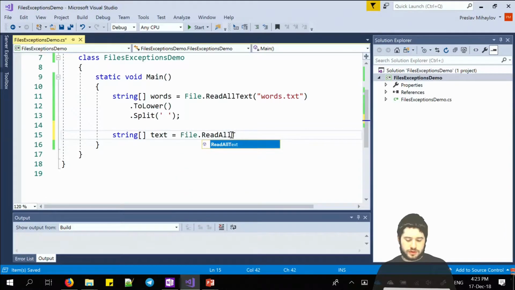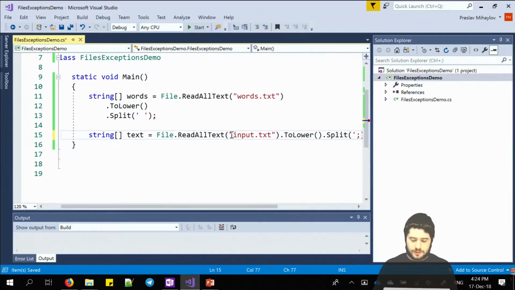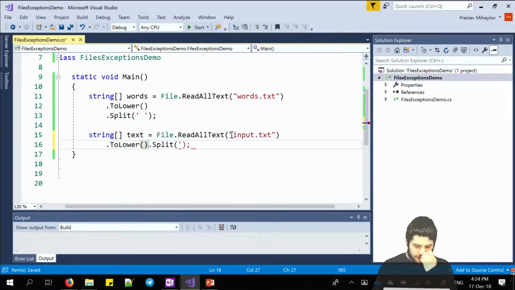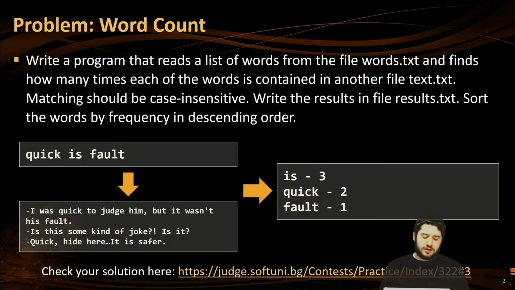File.read all text, but the text will be input.txt. Again, lowering it in order to apply case insensitive search, and then splitting. But this time the split will be a bit more dramatic, because notice how